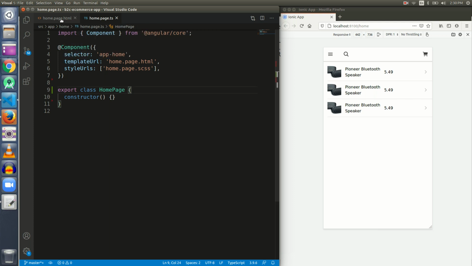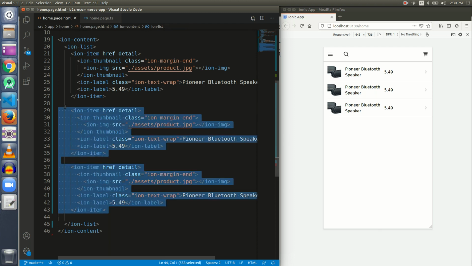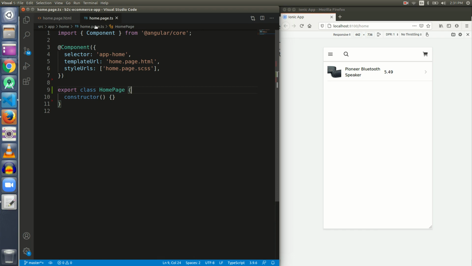So let's move forward. Let me first delete these 2 items because now we are not going to display items statically. Let me save it, and here is our single item. Now see, there are 3 values that define this item. One is the img, that is the image, the second one is a label, and the third one is again a label. Let me take 3 variables here. All these variables will give us the different values.